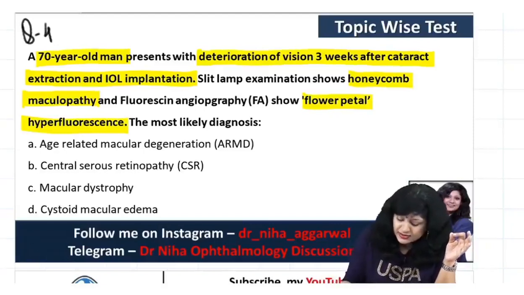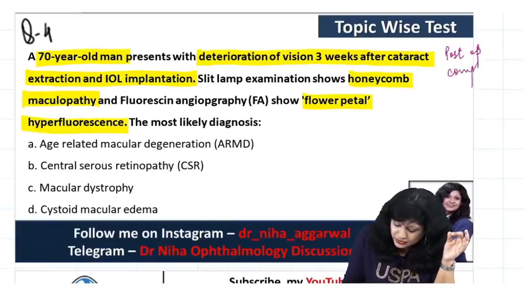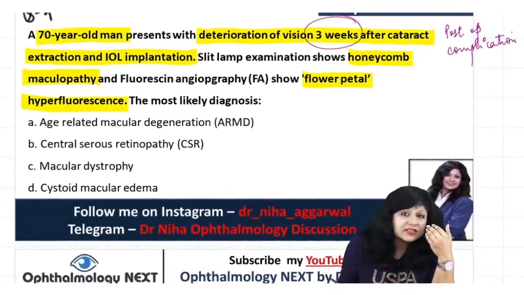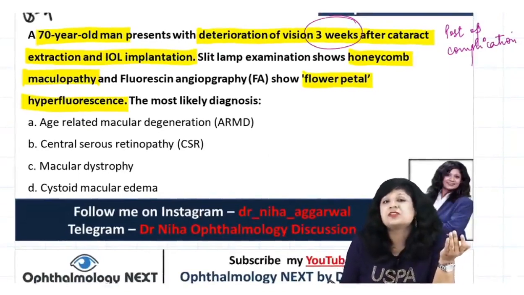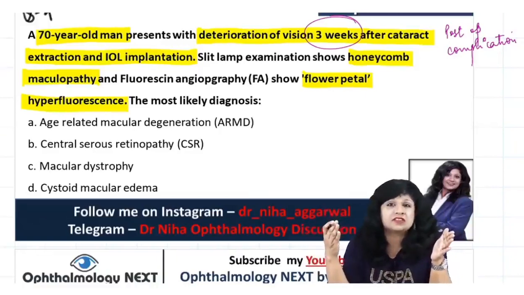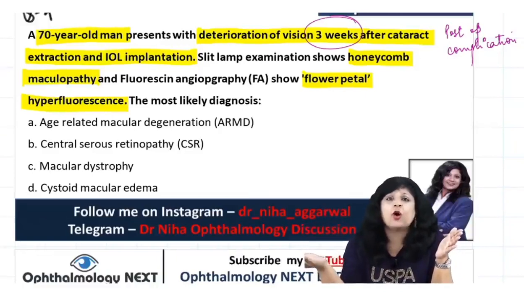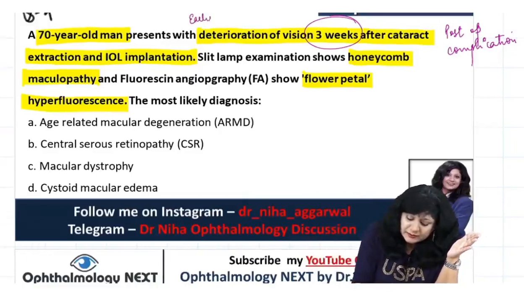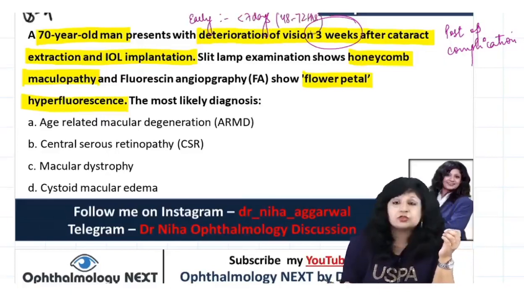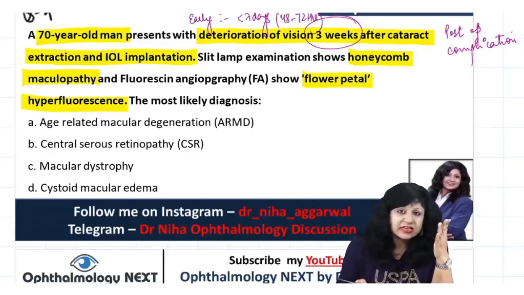So this male is having the post-operative complication, right? And this is occurring 3 weeks after surgery. So most probably towards the late, because early complications are usually occurring. Although we do take the period up to the 3 weeks, usually they are less than 7 days, especially within 48 to 72 hours it is occurring. So if I am saying 3 weeks, it is going towards the late period.